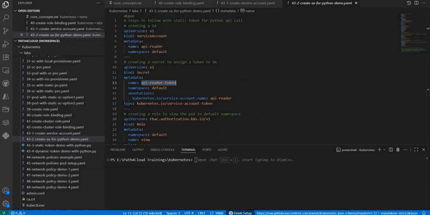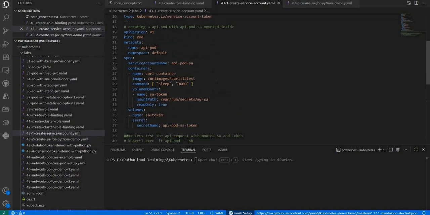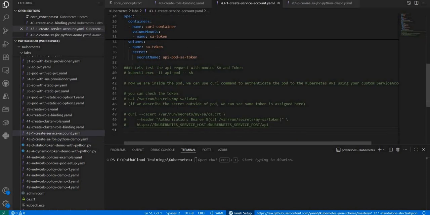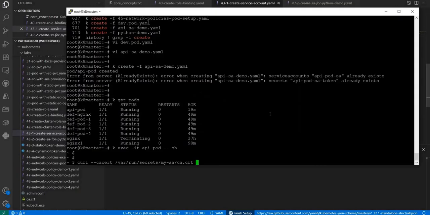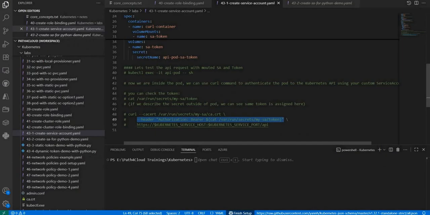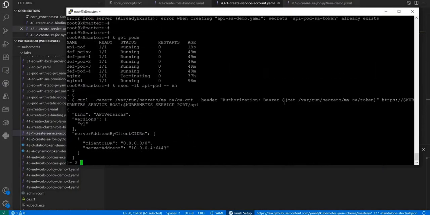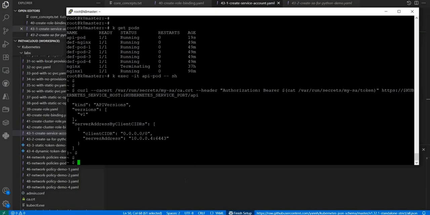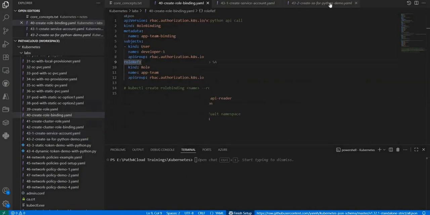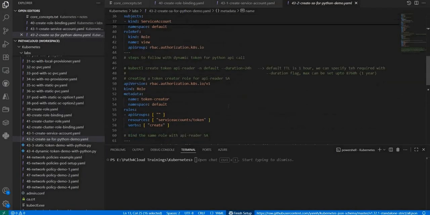Now, if you need to run that particular curl command, let me quickly copy. And I will pass my token as a header, and then I will connect to my API. I am able to do that. Now, if I do the same thing with my